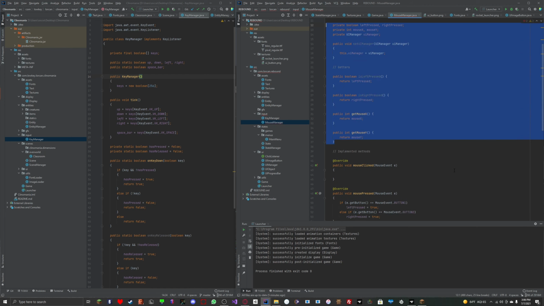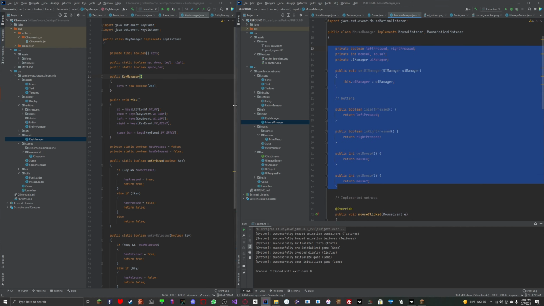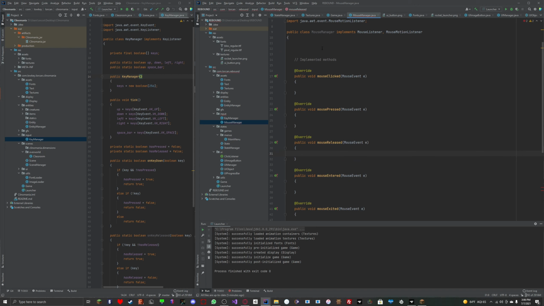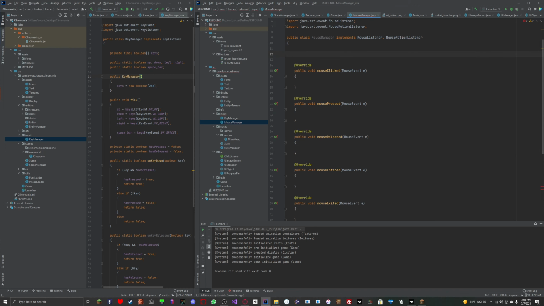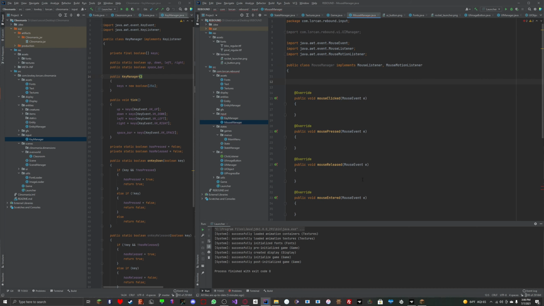Actually, wait, sorry, my bad. What is that? Is that a float? Oh, that's an integer. Okay, mouse X and mouse Y. So, start off with those two integers that we're missing right here. So we can just say